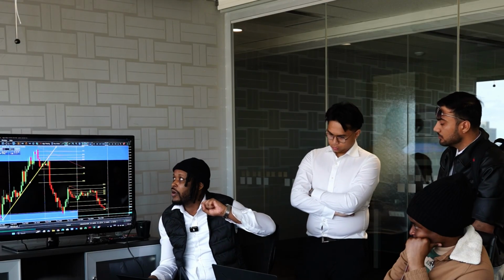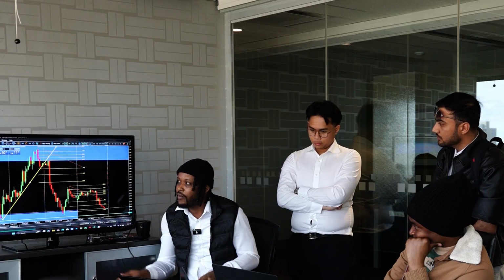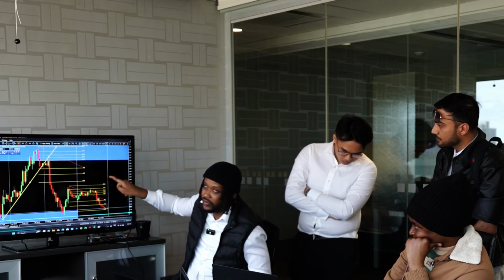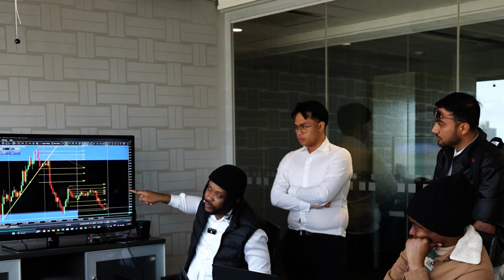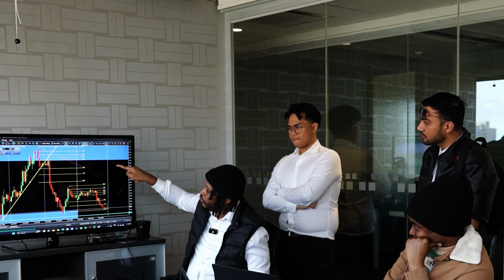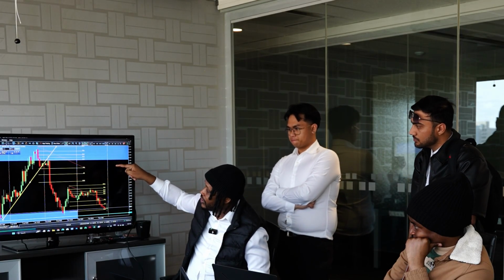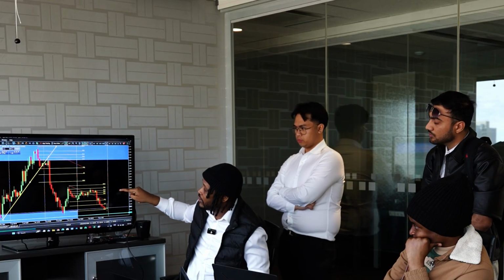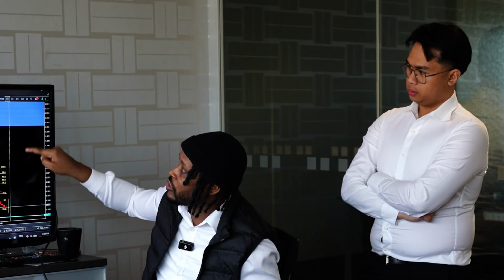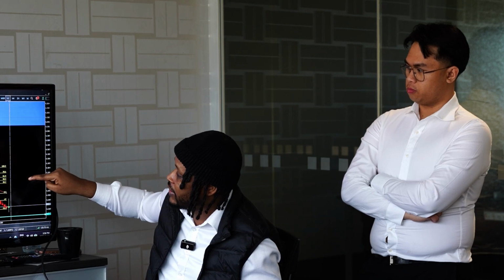Let me give you guys the opposite example. Let's say the daily is bullish. You're going to see the 1 hour trending down, and you're going to draw a trend on the 1 hour. Then as soon as you get that break on the 1 hour, the market should technically retrace to give you the opposite structure, which is going to be the same structure as the daily, a higher low in this case, and then for you to buy it, right? The thing is you're going to have to place all your